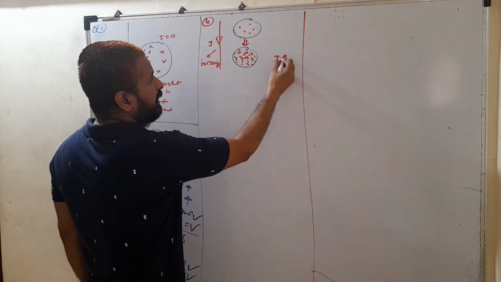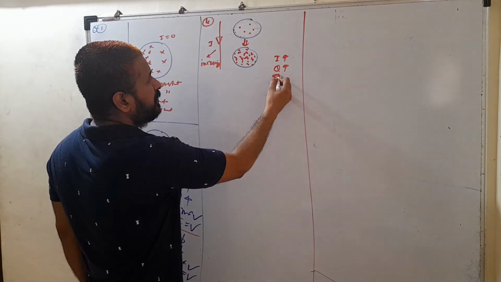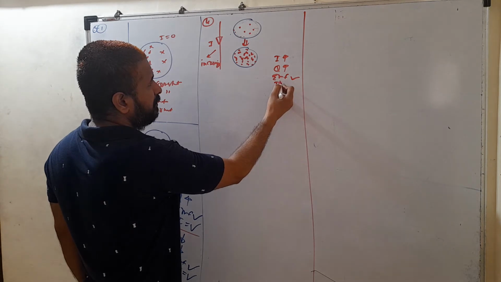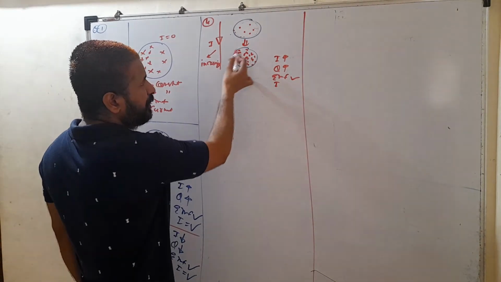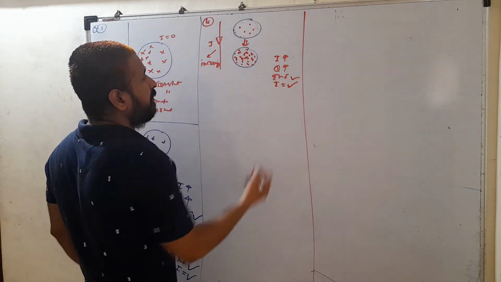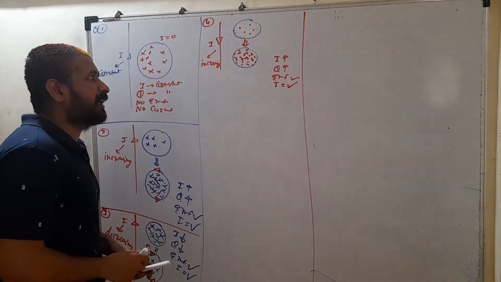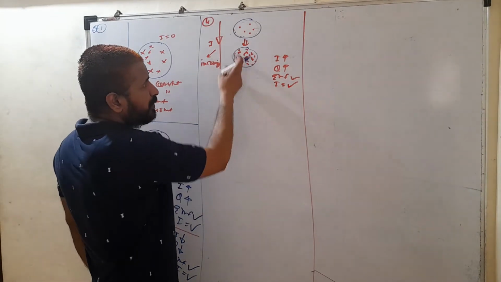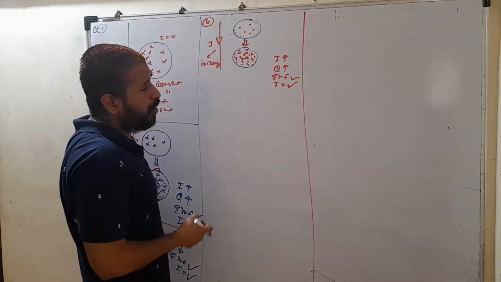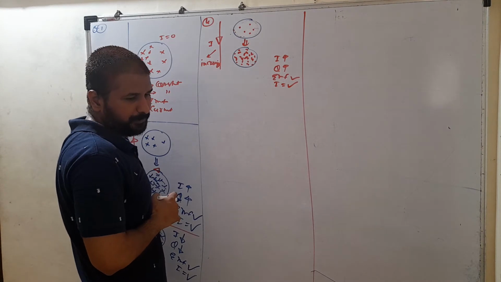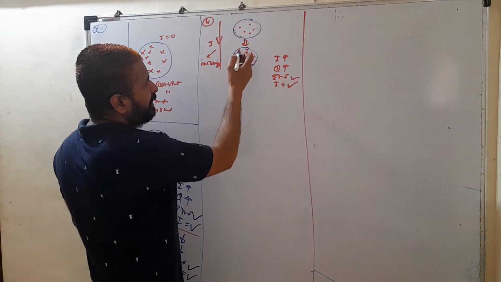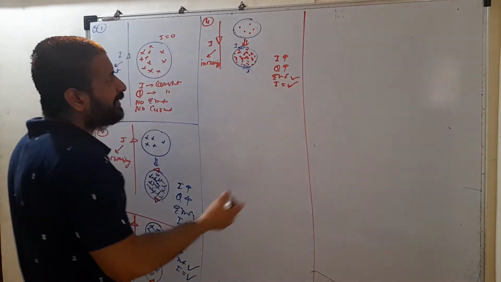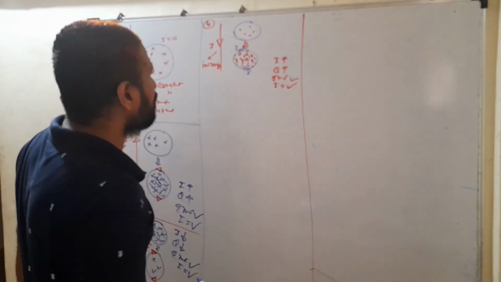So here current is increasing, flux increases, so EMF is induced, and there is an induced current in this loop. Current is also developed. Now you have to decide in which direction that current is induced. So the current which is induced in this loop tries to decrease the outward lines, the outward magnetic field. So in which direction does it have to be induced? In clockwise direction, because clockwise current produces cross lines, which can cancel these dot lines.